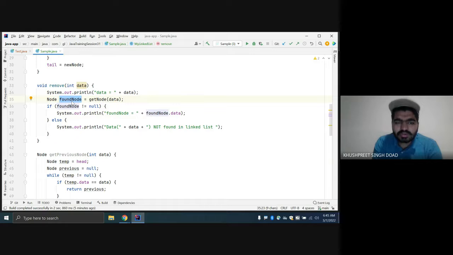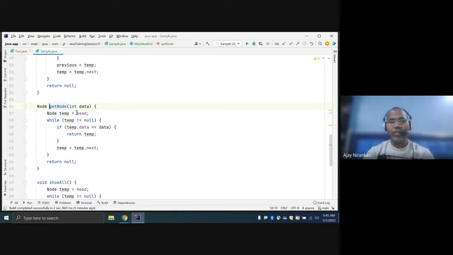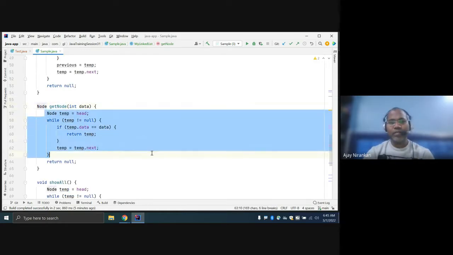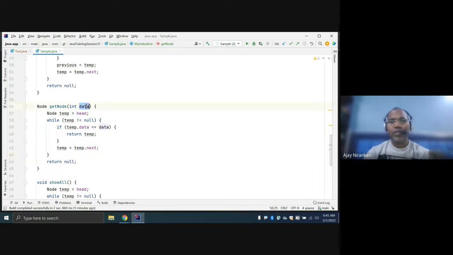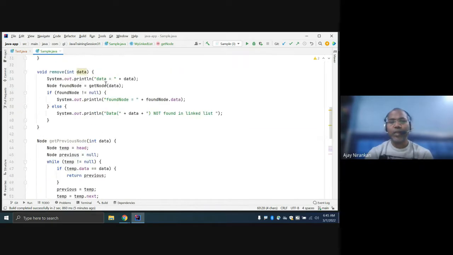It just returns whether the data you pass exists in the linked list. You call this method and check whether the input, say 9, exists in my linked list or not. You say found in linked list or not found. Till now this method is not removing anything.